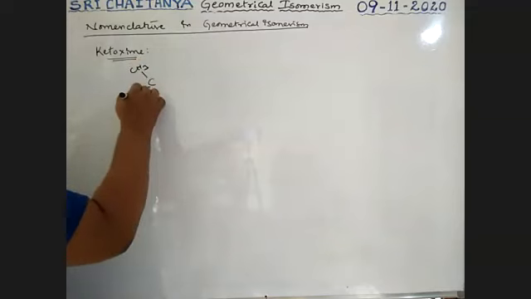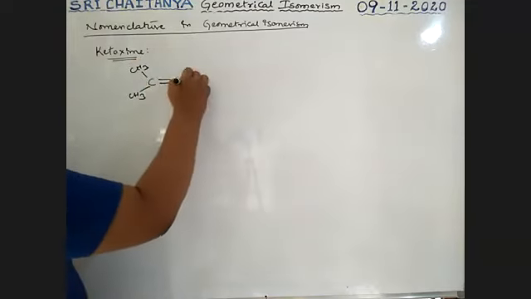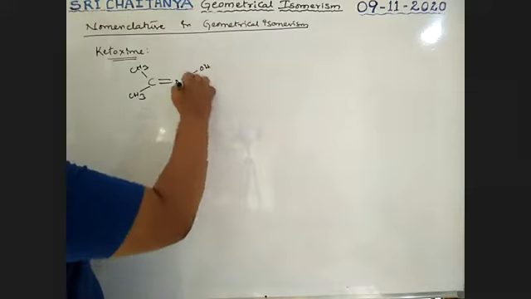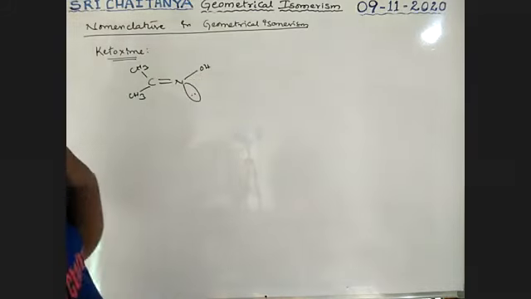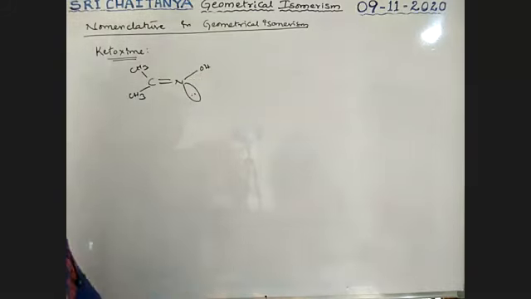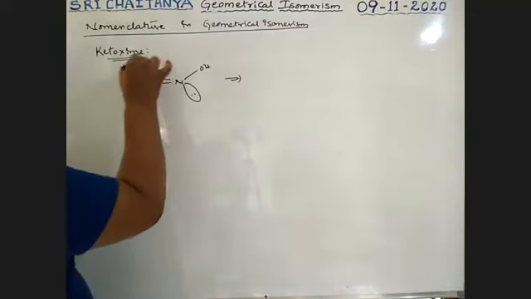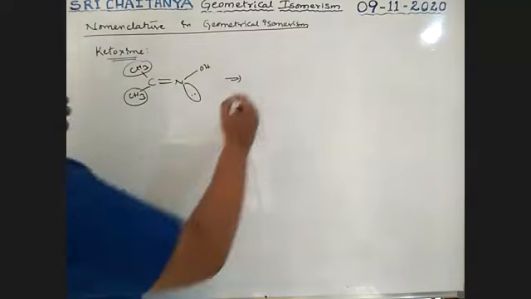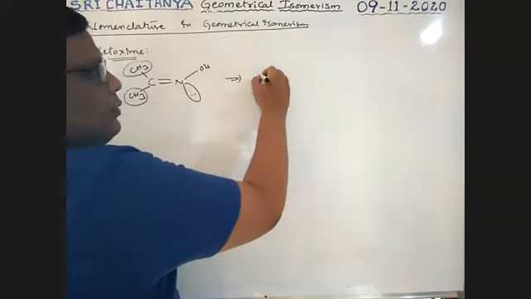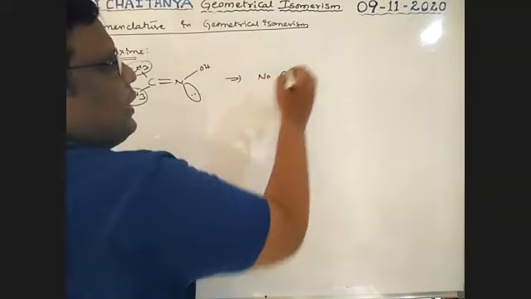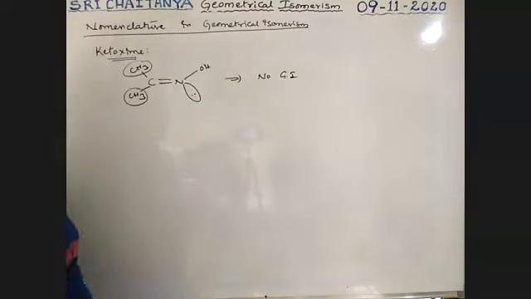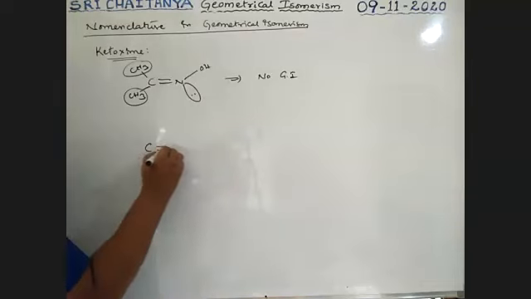Let us take CH3, CH3, NOH, lone pair. First, for this, see boys, both the attached alkyl groups are the same. No geometrical isomerism. Yes, in this case, no geometrical isomerism. Now, I am taking this one.